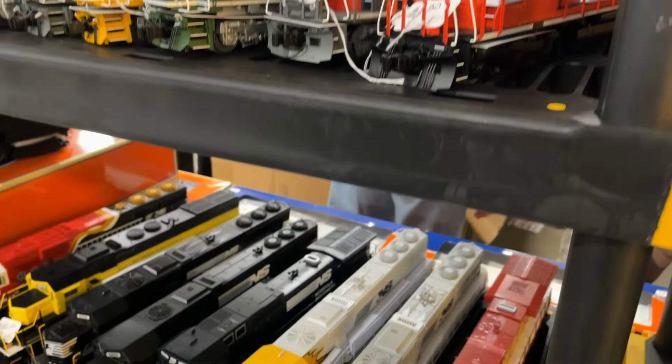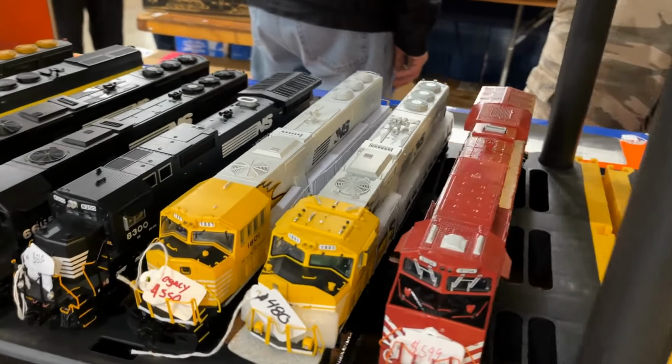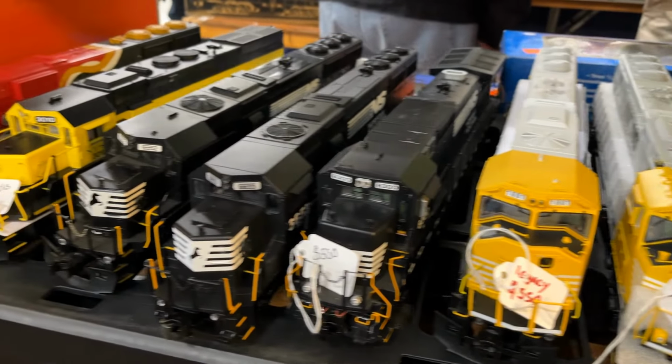Well, I'm already instructing my UPS guy. You see the white car, white wheels in the driveway, always leave the package in the back of the